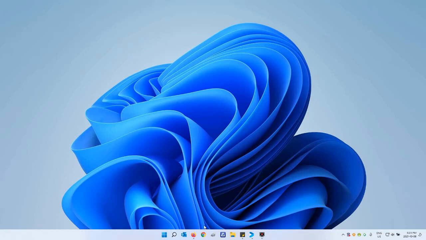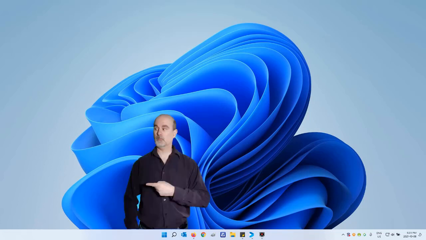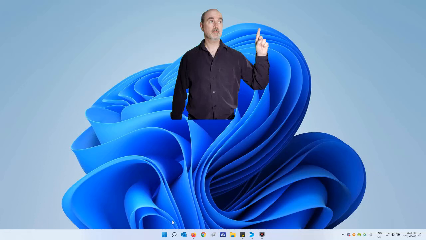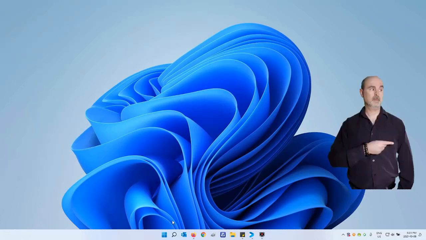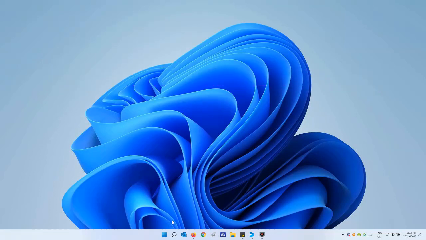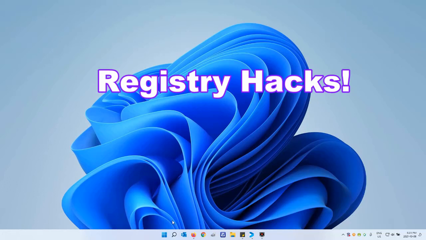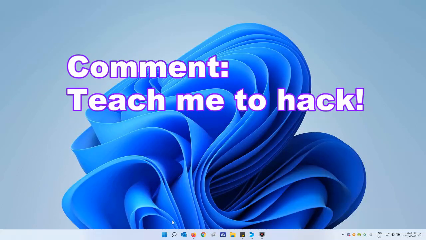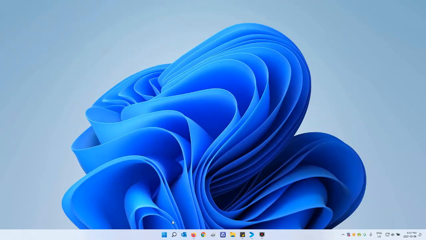This time I'm going to show you how to move your taskbar with the start menu from the center of your screen over to the far left where it used to be in Windows 10. The only thing you can't do is move it to the top of your screen or to the sides, which you could easily in previous versions by just dragging it, but the only other way of doing that in Windows 11 is through a registry hack, which I don't recommend doing. But if you are interested in learning about these registry hacks, please do comment below and let me know, and I'll make a video with the registry hacks.